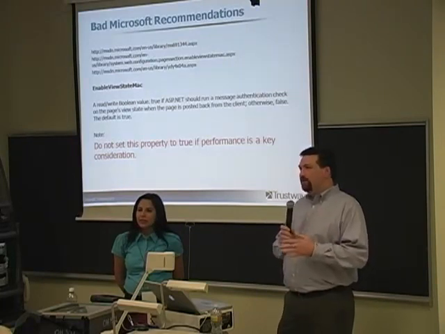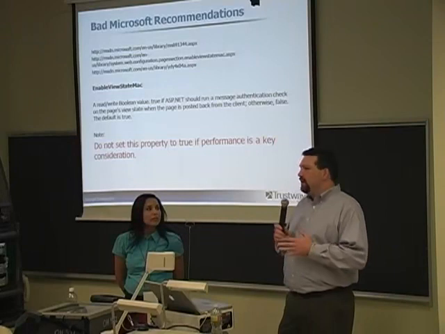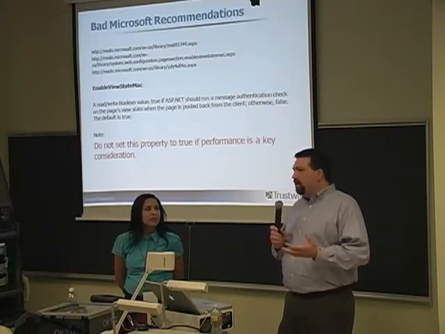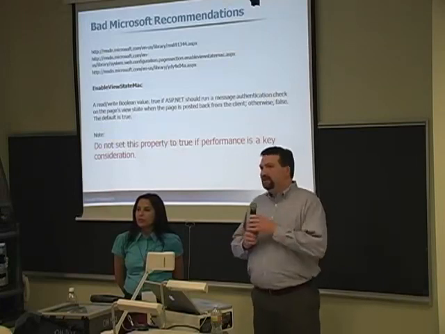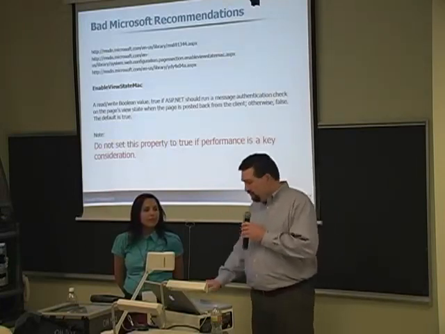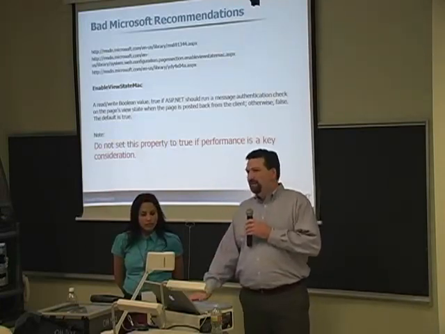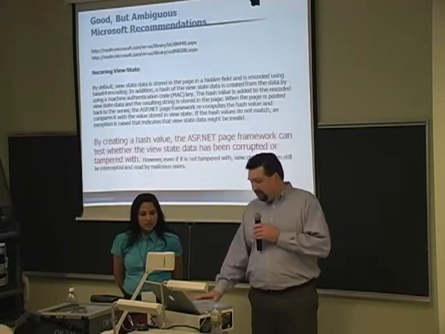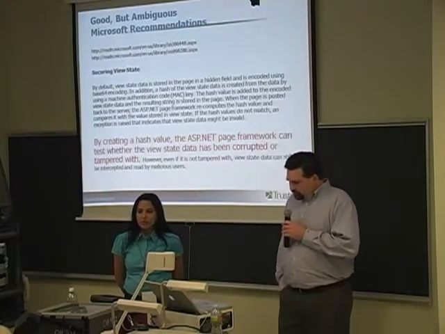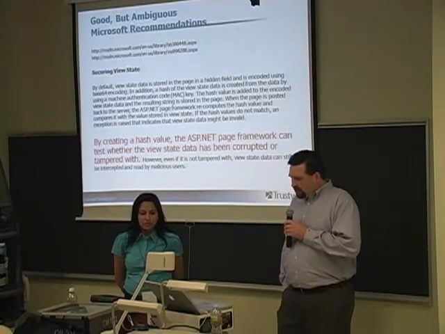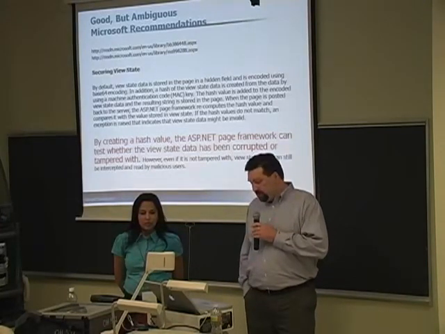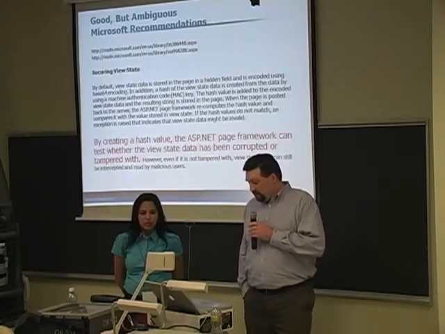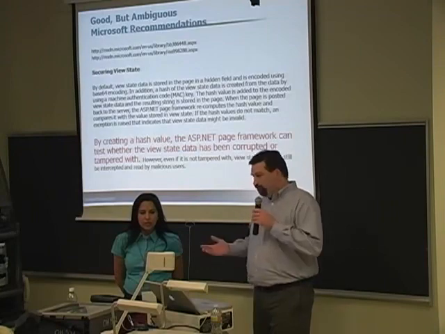The amount of encryption to secure view state is trivial, and while it may be measurable in certain types of environments, it still isn't an option. It's not something that you can just disable to save a few CPU cycles. In order to have a secure application, it is critical that the view state be signed. They also make some recommendations that are good but not very specific. For example, they say by creating a hash value, the ASP.NET page framework can test whether the view state data has been corrupted or tampered with. That's their